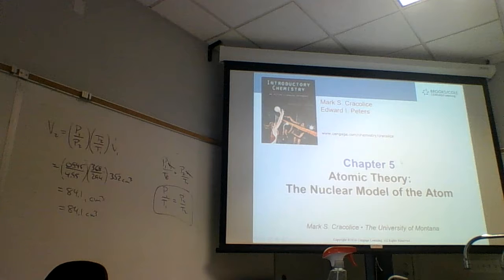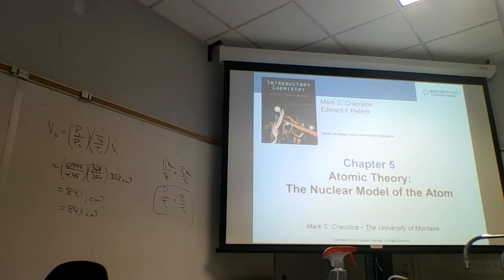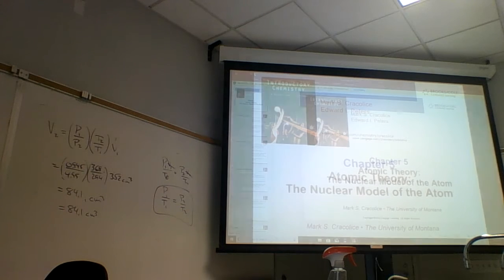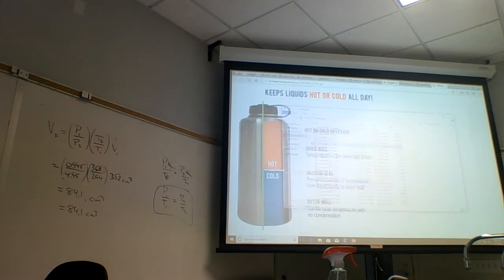Chapter 5 deals with atomic theory and the nuclear atom model. So instead of getting into chapter 5, which deals with atomic theory, didn't we do atomic theory already? Not really. We're going to look at atomic theory in much more detail in chapter 5. Instead, since we have a little bit of time left, maybe we should do some dimensional